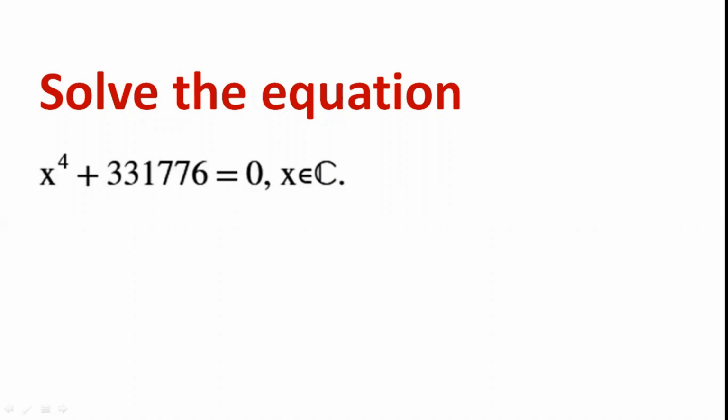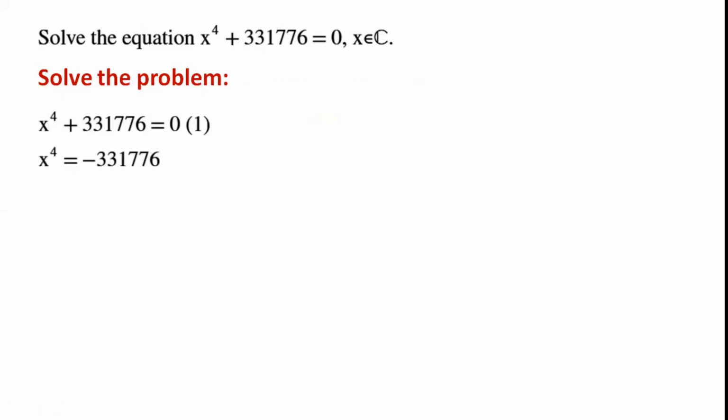Solve the equation x to the power of 4 plus 331,776 equals 0. x is a complex number. By rearranging the equation, we have x to the power of 4 equals minus